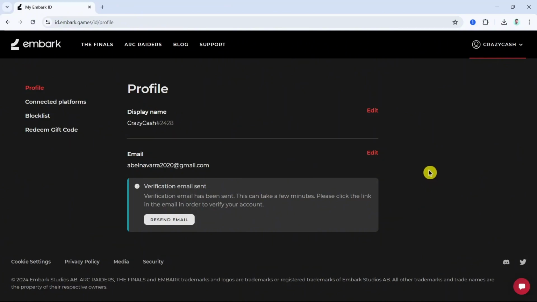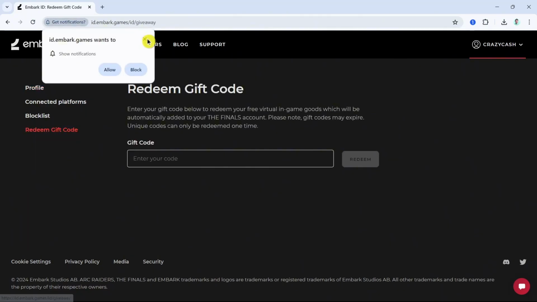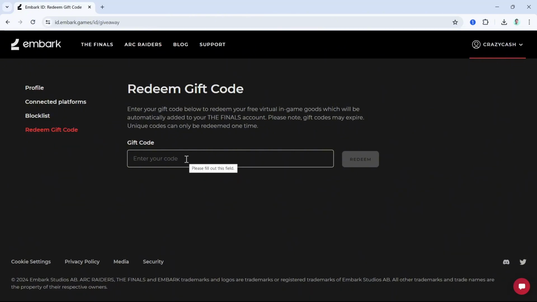As you can see, under the profile section, you'll basically need to click on the redeem gift code, and then you'll now go to this page where you need to type in your finals code. So once you enter this one, then you can now look for a button which says redeem. So once you click on redeem button, your website will process your code and you should receive a confirmation indicating